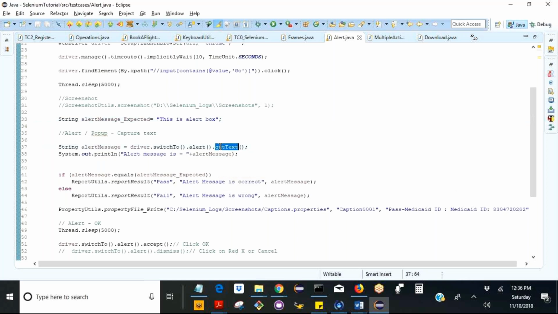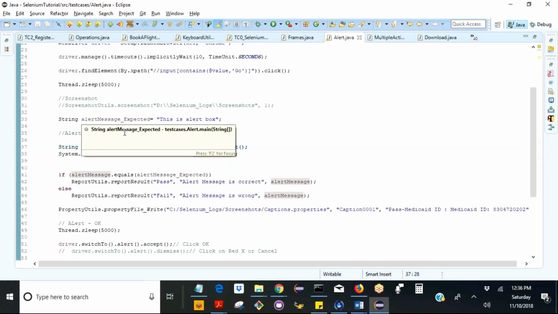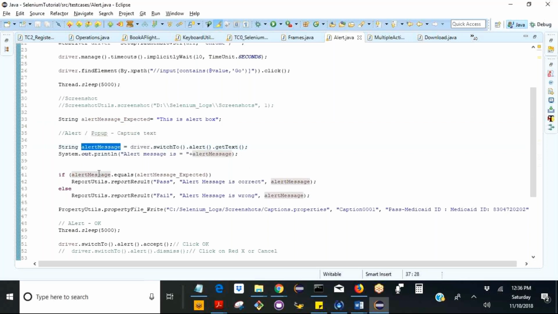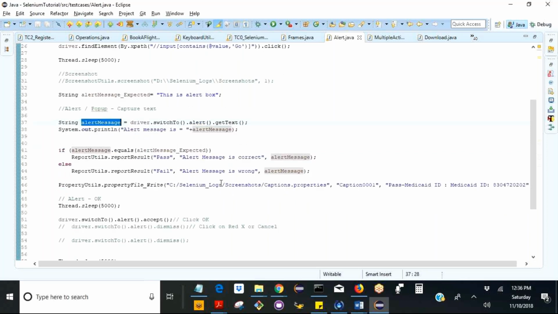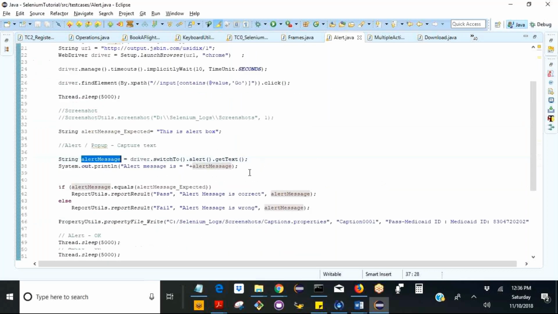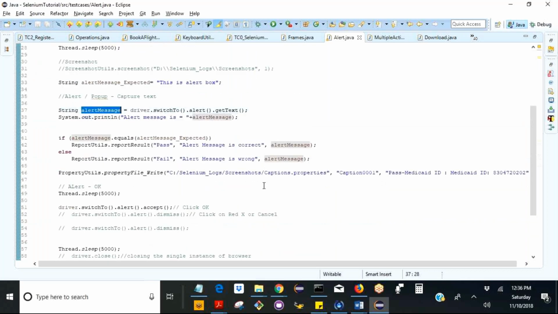I'm getting the text of the alert and storing it in this alert message. Now I am comparing my expected with actual. If alert message equals expected, it's pass, otherwise fail. Okay, then for captions, I have to change this again. Oh, I already changed it, right? Now I am setting the caption 001 pass, so and so, let's say